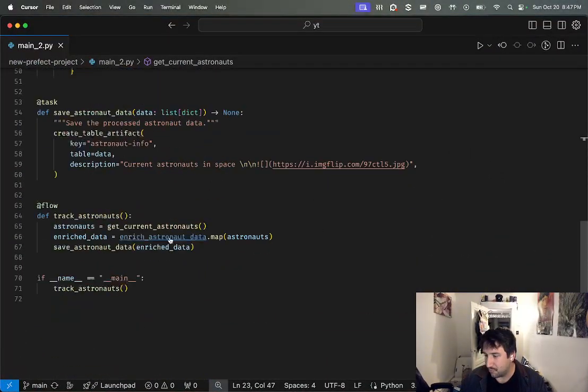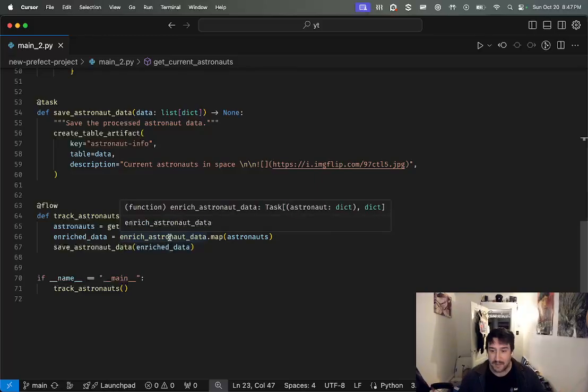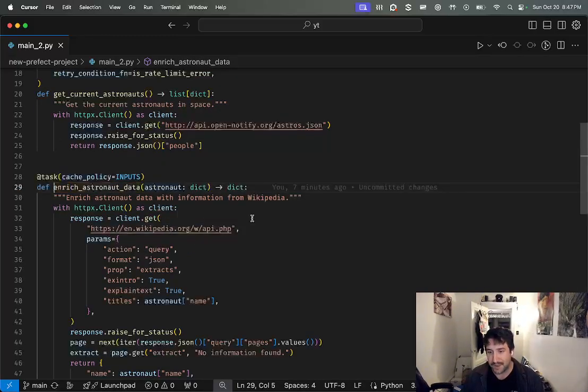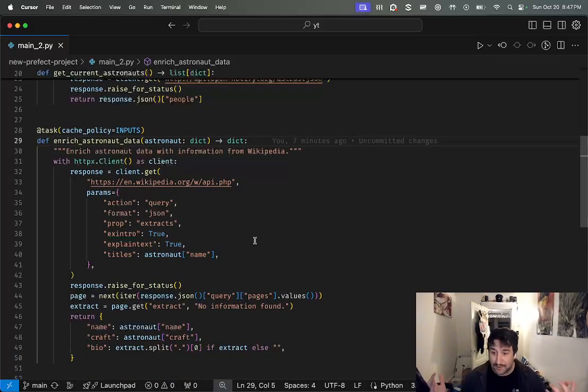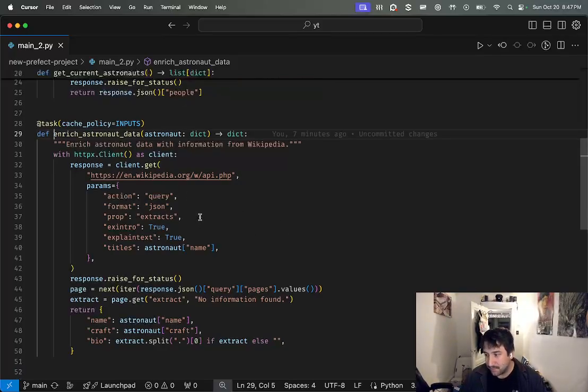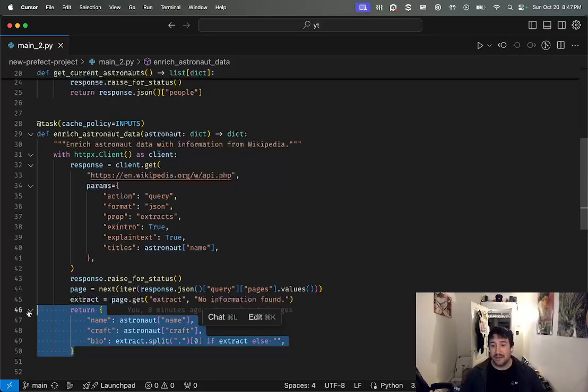And then I enrich the astronaut data from a Wikipedia API, which you could just mentally replace with any sort of concurrent processing you would want to do on some lists or on some inputs that you got from some IO call. So in general, this could map onto a lot of high-level APIs of workflows, if you will. And so what we're doing actually for each astronaut that we get from that API is enriching it by making an API call to Wikipedia,